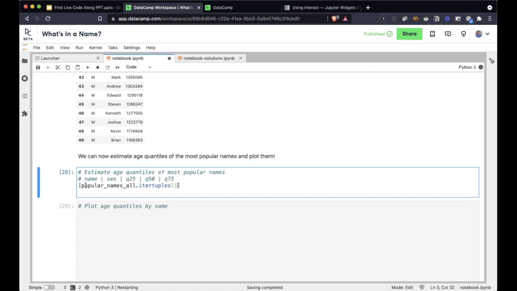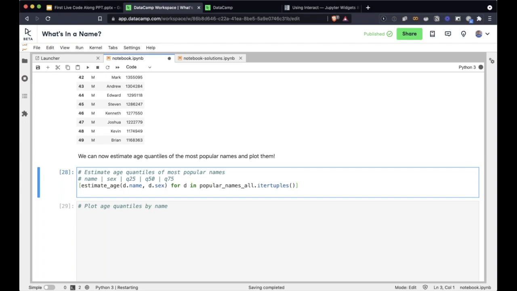What iter tuples does is give you a tuple for each row, so you can loop through that. I'm going to say for d in popular names dot iter tuples, where d will contain each row separately, and then I want to estimate the age for each name and sex. This is just a compact way of doing the whole calculation.